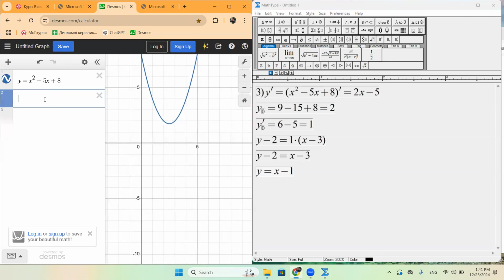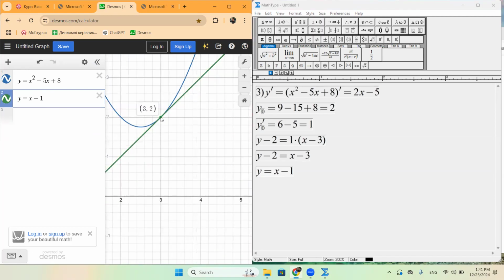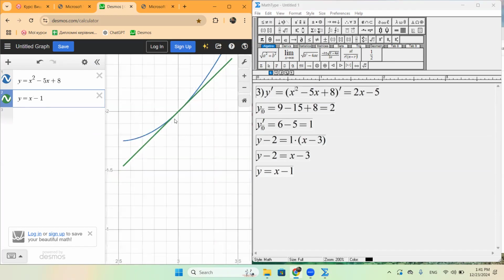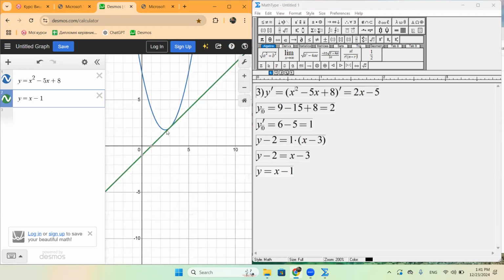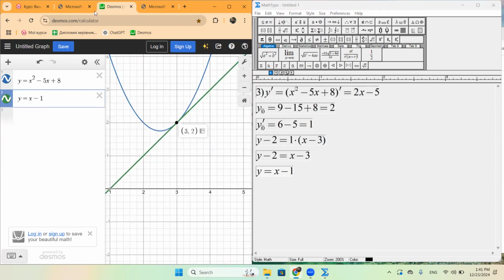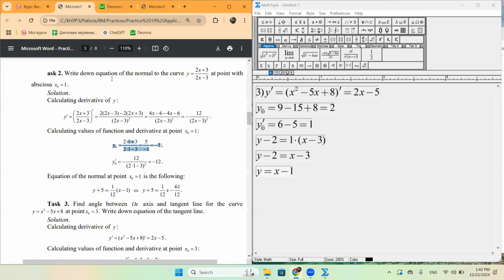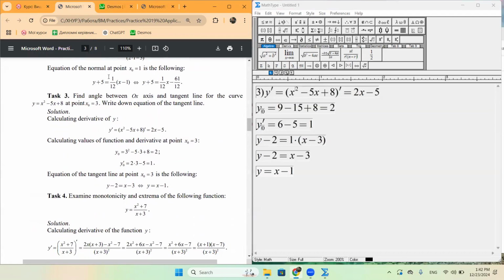Here it is, y equals x minus 1, and here it is. So 3, 2. This is the point where this straight line touches the parabola. Okay, maybe any questions about this task? No. Okay, and now we will